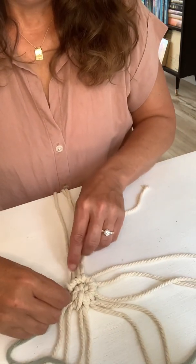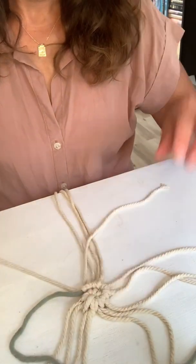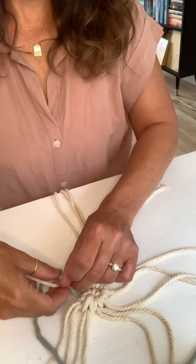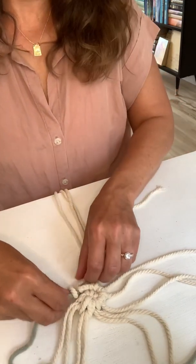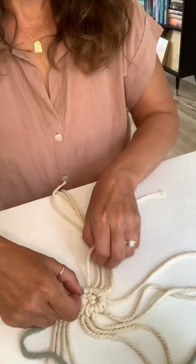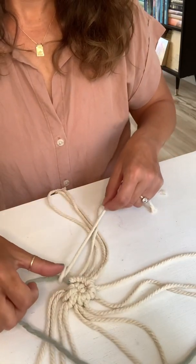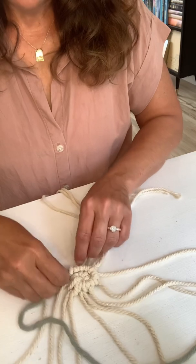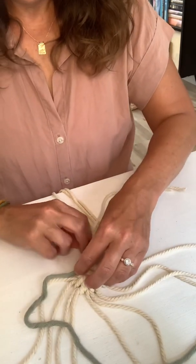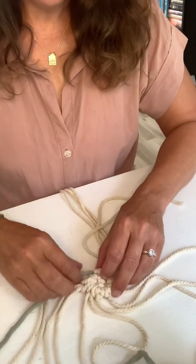Okay, so now that one's done. So now we have another one to do. And then I can see next, I'm going to have to add one. Two times the half hitch wound around there. Two times. Okay, so now